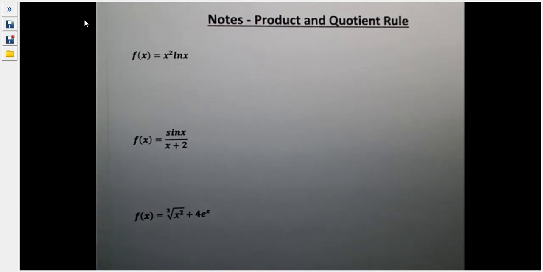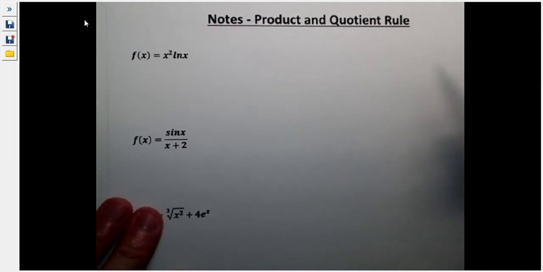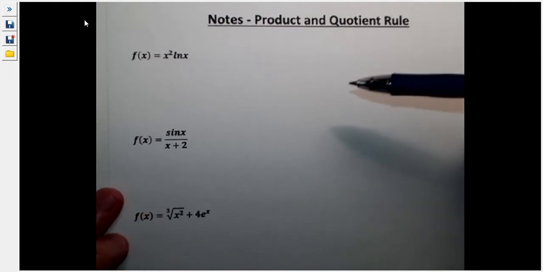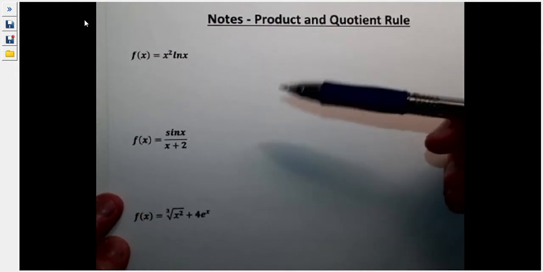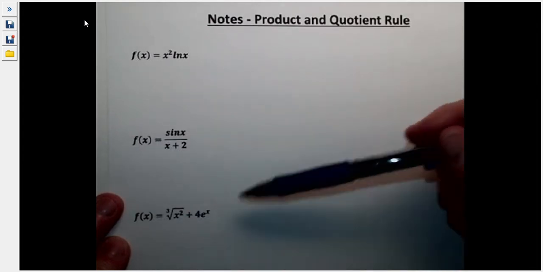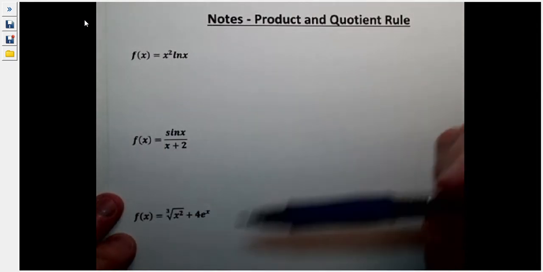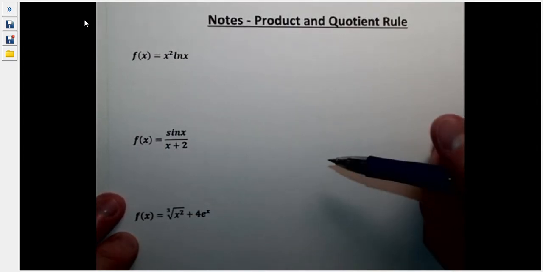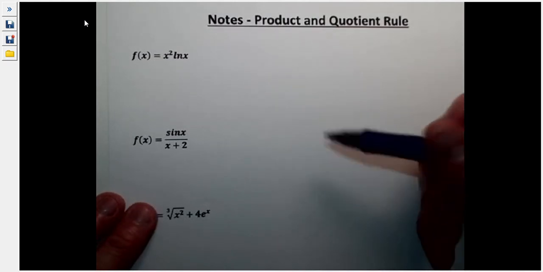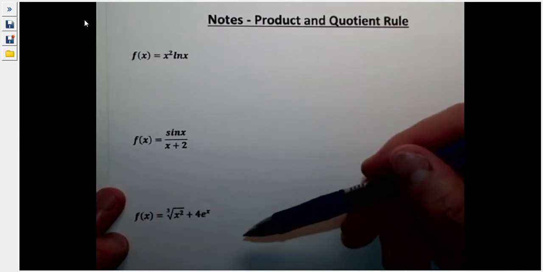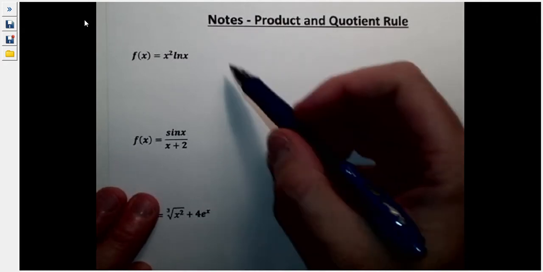Okay, so today we're going to be talking about product and quotient rule, but we're going to start talking about it in terms of using trig, natural log, and the exponential in what we're doing. Okay, so there's just a couple of examples that we're going to work through just so you can see it in action. All right, now